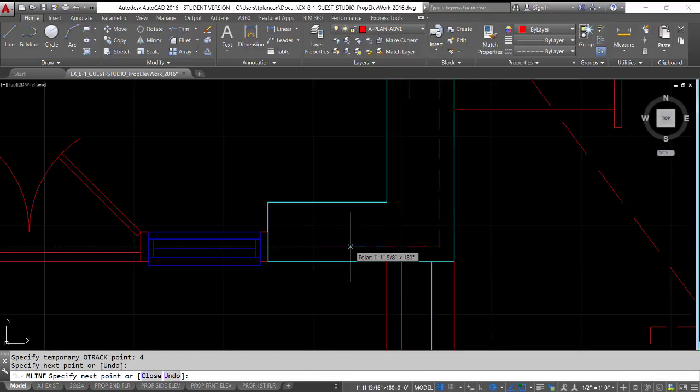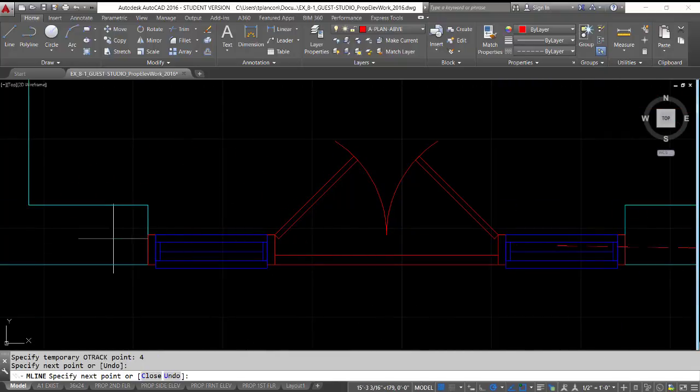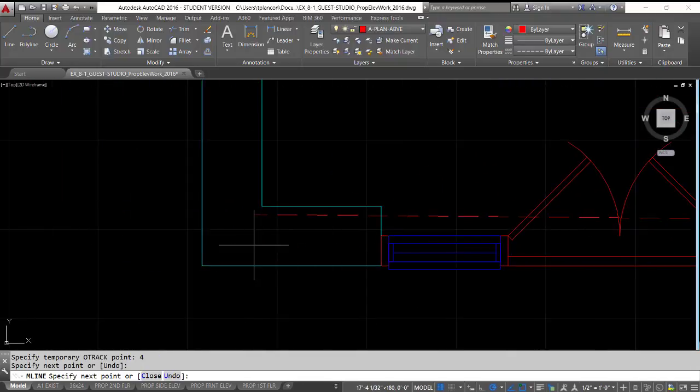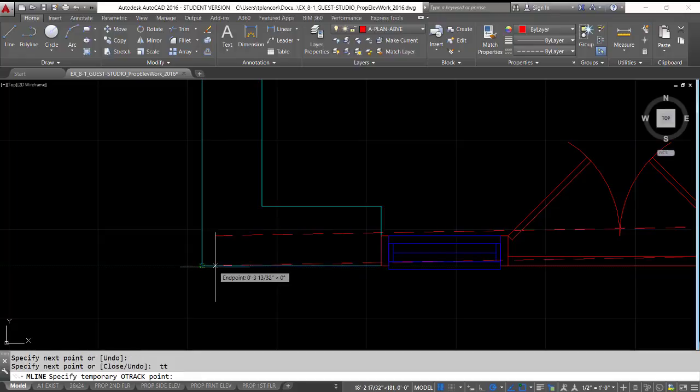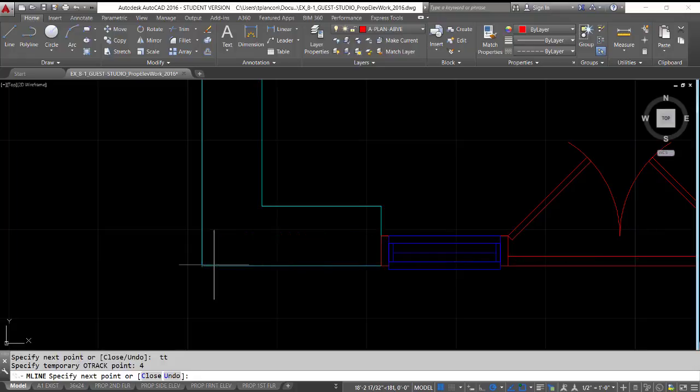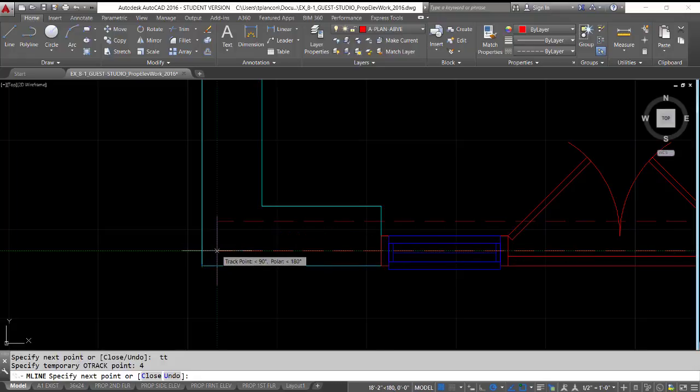Click there, all the way across the lower or front elevation to the other corner, hover over the lower left corner, shift to acquire, start dragging towards the left, TT, enter, distance 4, enter, come up till we hit the horizontal drag line of the M line, click,